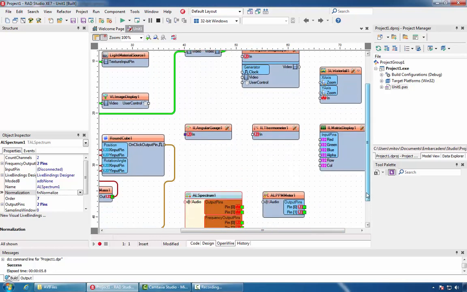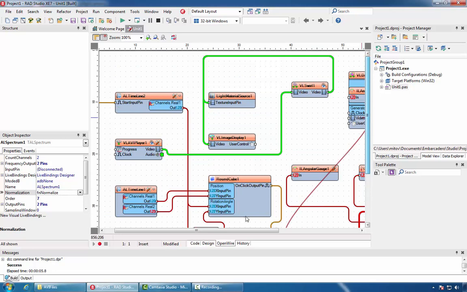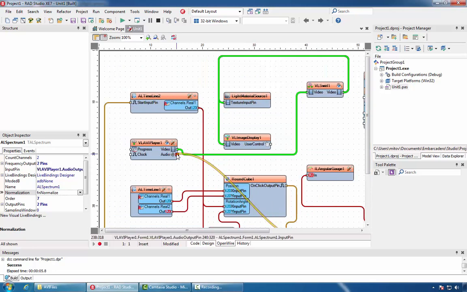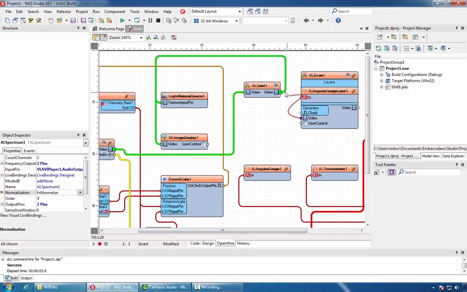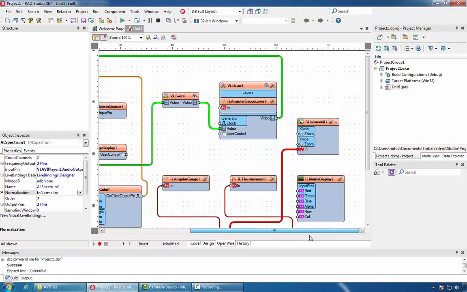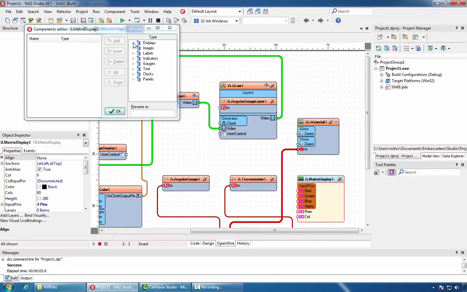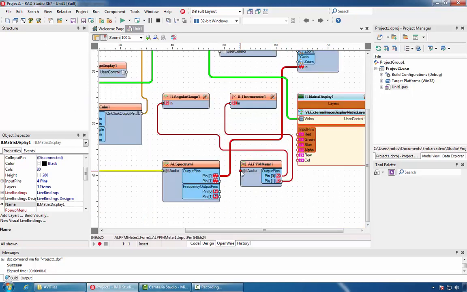Connect the gauges to our ppm meter, the waterfall to our spectrum, the audio input of the spectrum to the audio of our video, the video of the drawing layer to the swirled video, and the output of the drawing layer to both displays. For our matrix display, we'll add external image display and we'll hook the swirled image to it. Finally, we connect the ppm meter to the audio of the file.